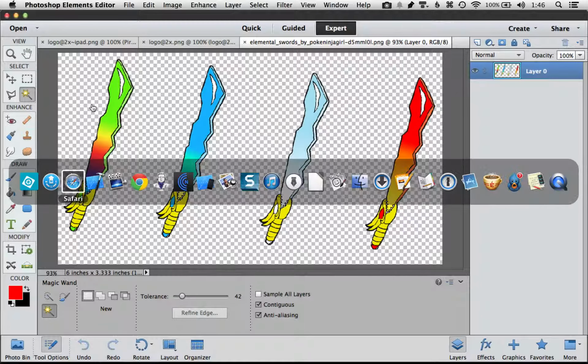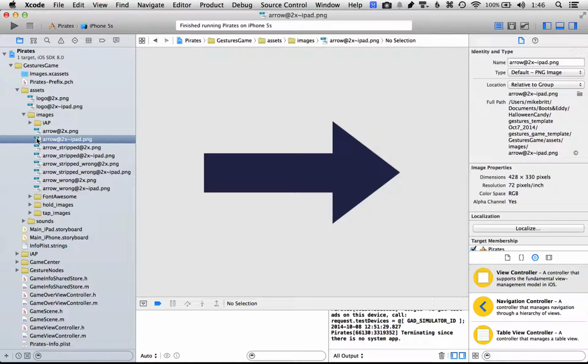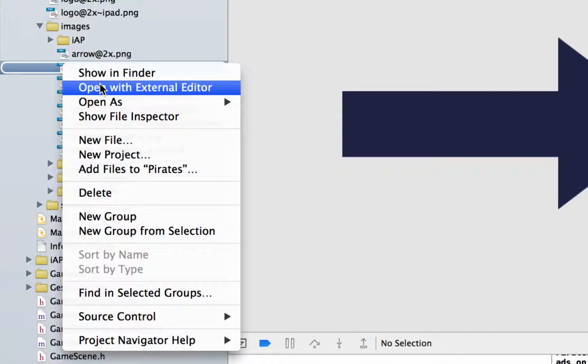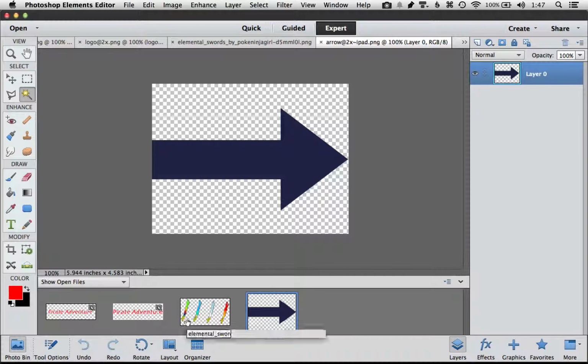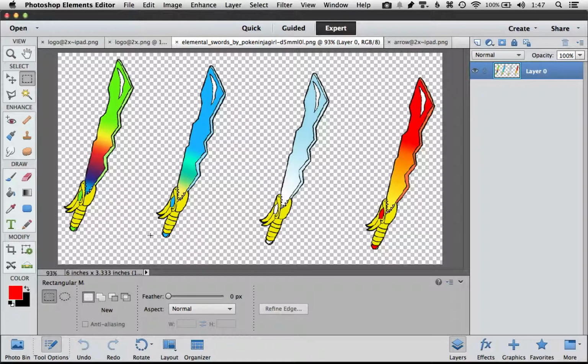So let me go back to the game, and I'll take the larger one of the arrows. Again, I'll hold down the control key, tap on the keypad, and open an external editor. So now all I want to do is grab one of these swords and put it on that image. So I'll select it, I'll copy it,